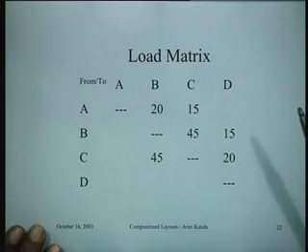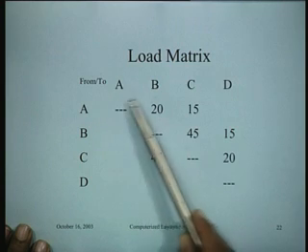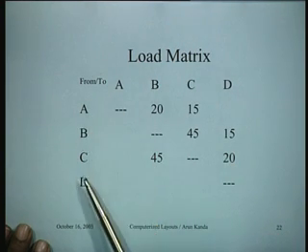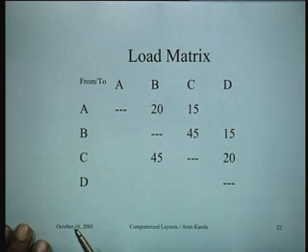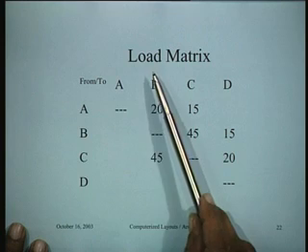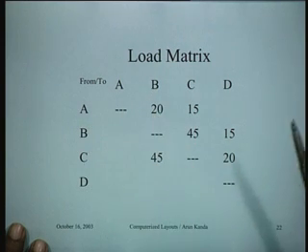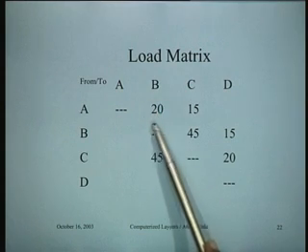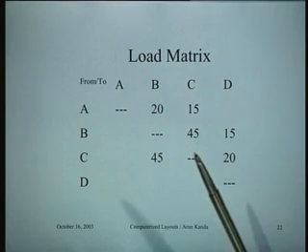What we can then do is determine a matrix known as the load matrix for this particular information, which is the total quantum of trolleys which are moving between all pairs of departments. How do I compute this information? This is the load matrix. What is the load moving between all pairs of departments? Take for instance this particular value, which is from A to B.